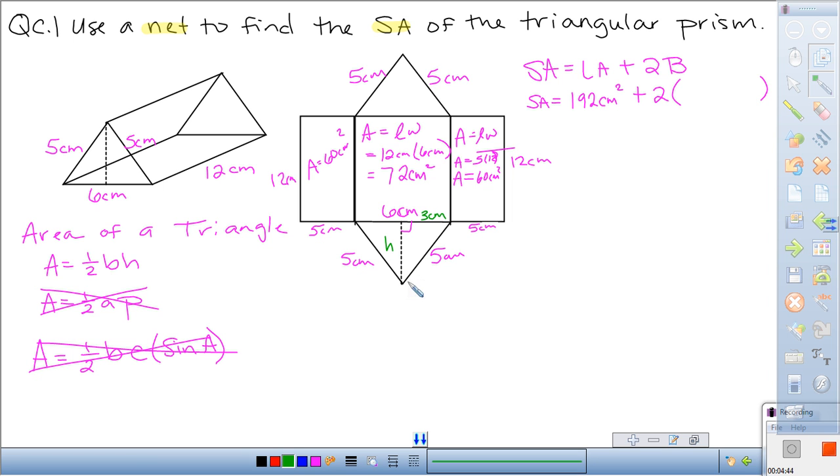And what can you use to find that? Well, Pythagorean theorem. A squared plus B squared equals C squared, where A and B are always my legs, and C is always my hypotenuse. So I know one of my legs,